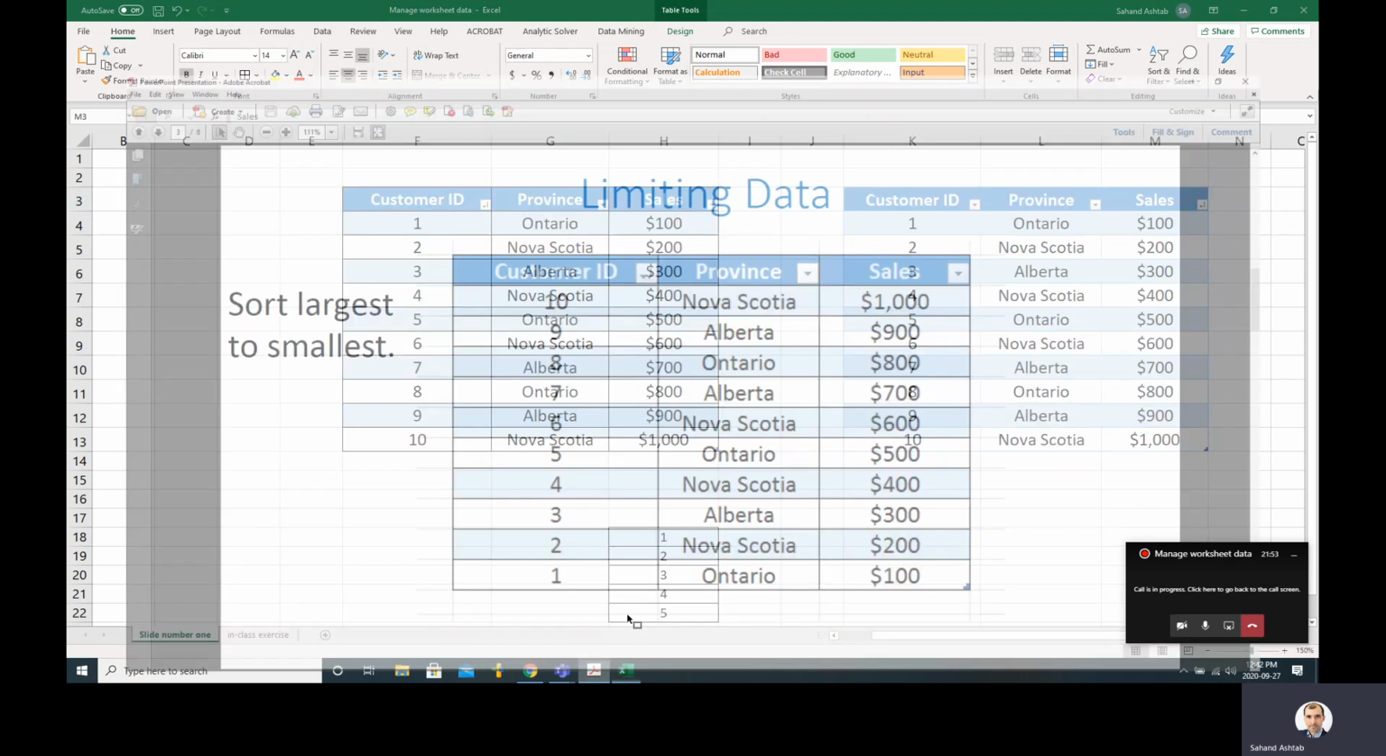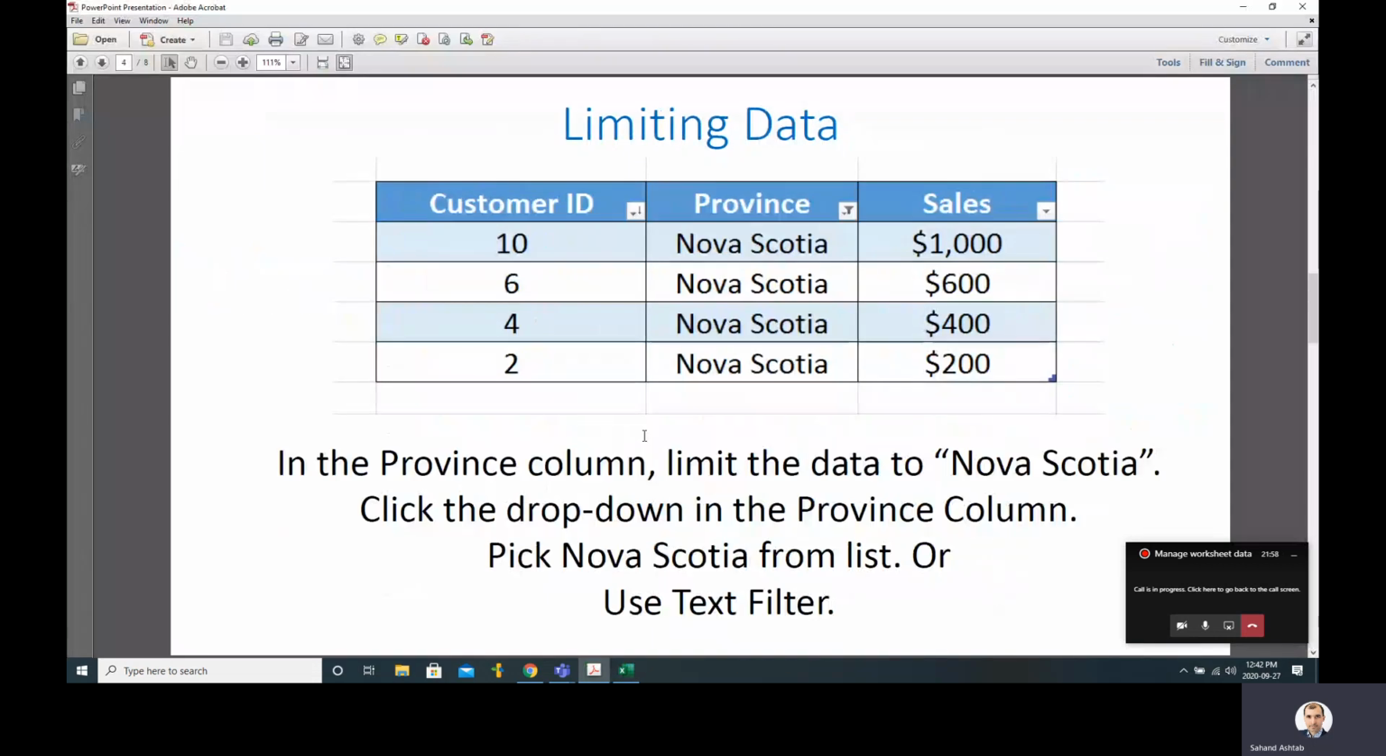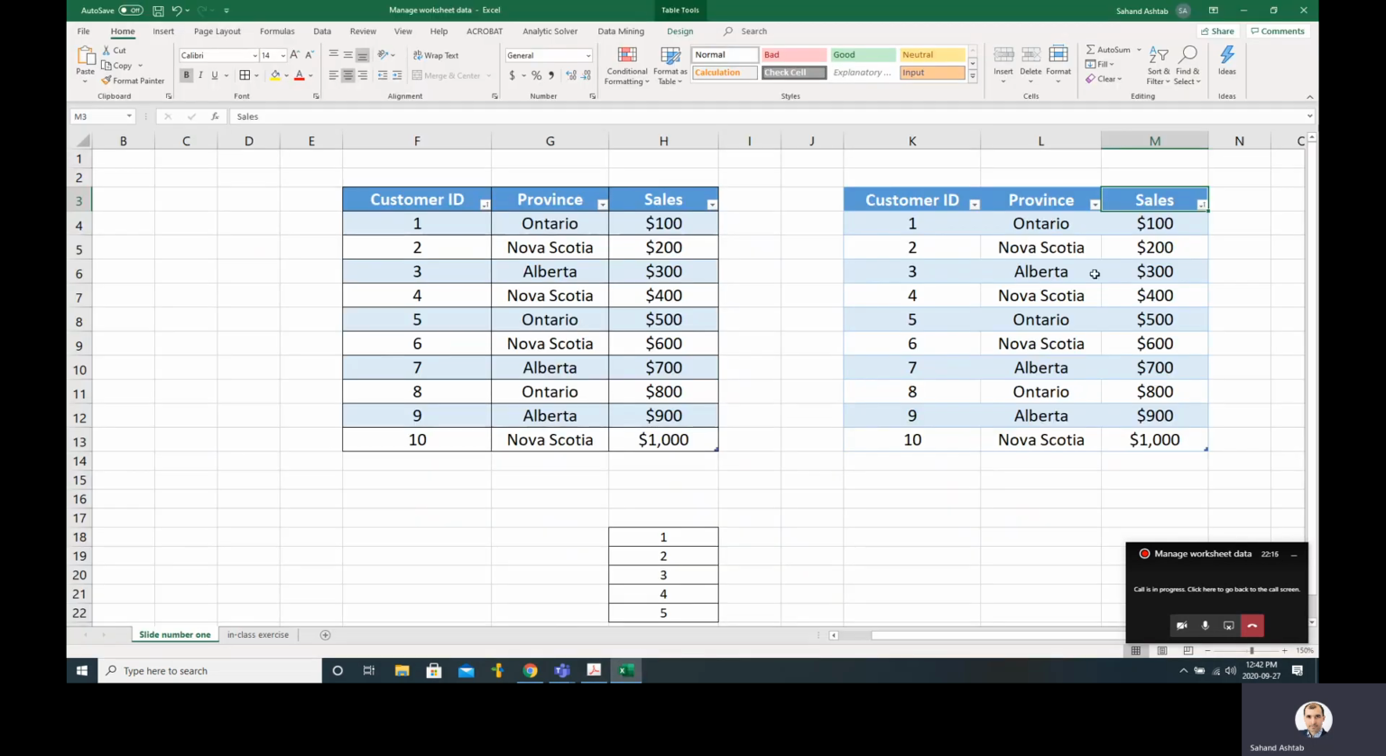Back to PowerPoint slides. So these are some snapshots of what basically we were doing there in terms of limiting data. We have done the example of Nova Scotia. We are limiting the data to Nova Scotia. You will click on the drop-down box in the province column, and you can select Nova Scotia, or you can use text filter. So if you go back here to see how text filter works,